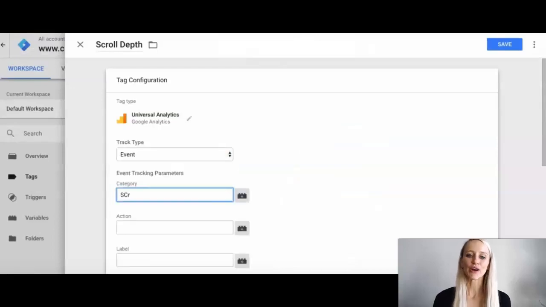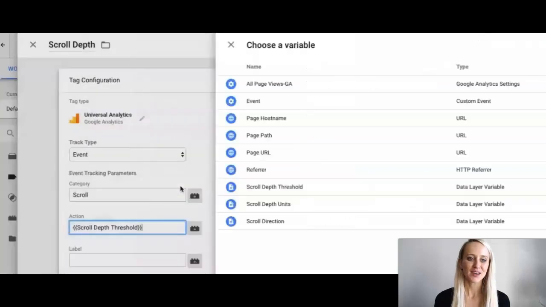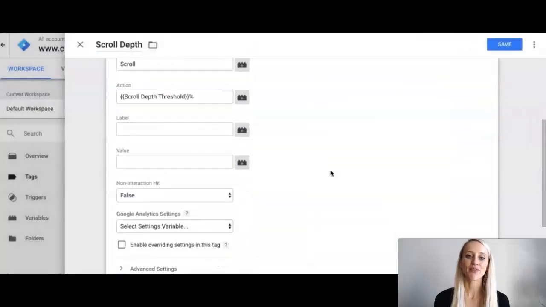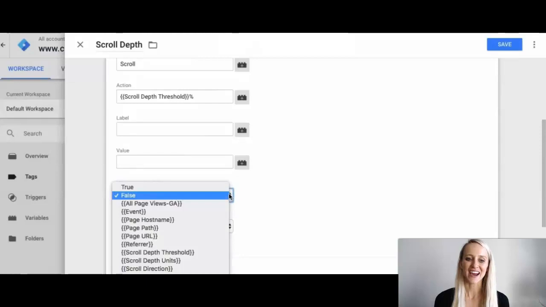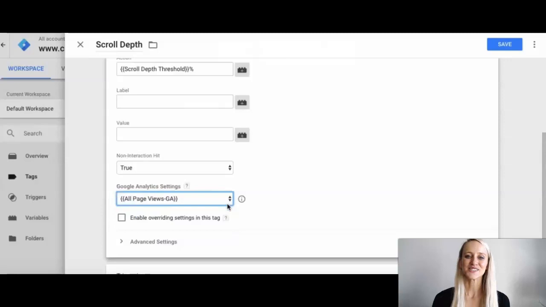In the category, you can go ahead and title it, so we'll go scroll depth. You can click the action here, and it'll give you some different variables to choose from. So we'll choose the scroll depth threshold, since that is the action we're wanting to go ahead and track. Want to change this to true, and then we'll select all pages, so it's measuring all of the pages no matter what page anybody is on the site. Then as we scroll down,